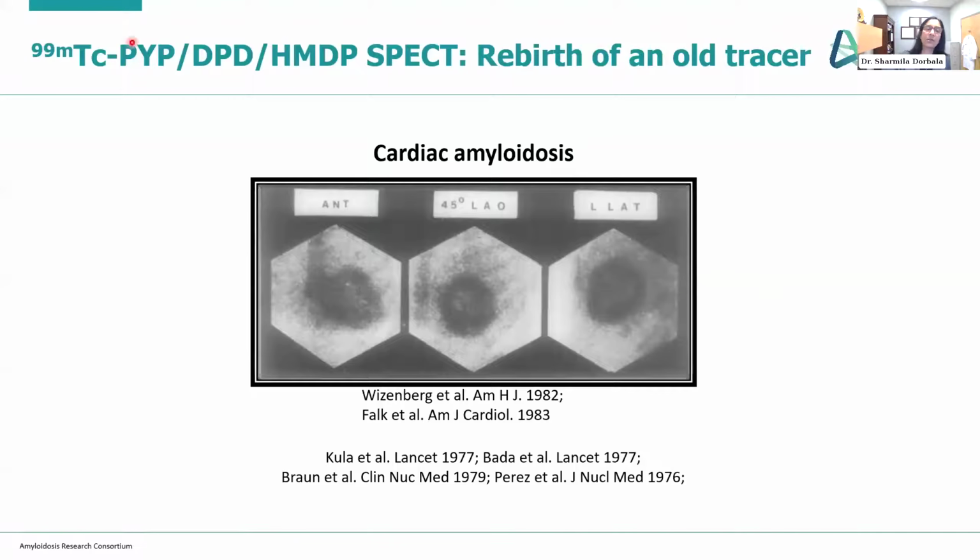Radio tracers called pyrophosphate, DPD, or HMDP have been around for many years now. Look at this, since the early 90s, 80s. We knew from publications from Dr. Falk and others at that point that if you see uptake of this radio tracer in the heart muscle, this indicates presence of amyloid in the heart. All right. Of course, technology has evolved and